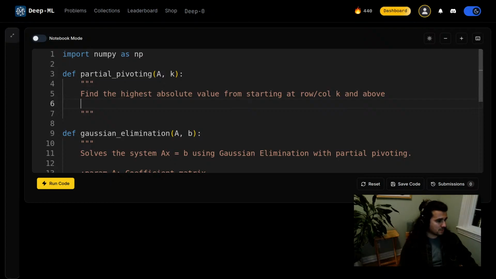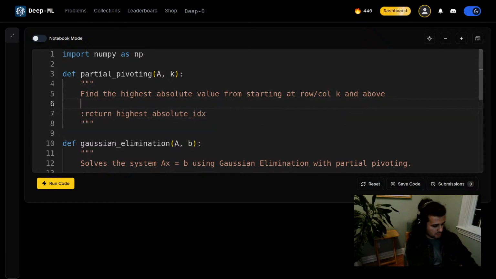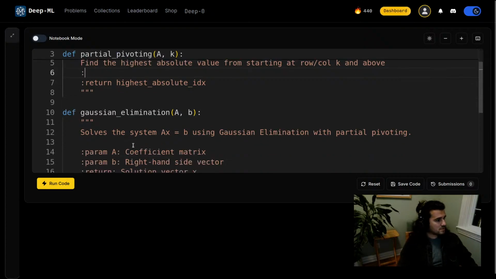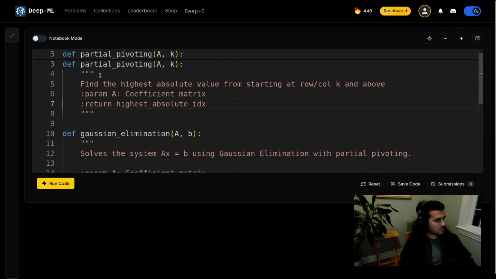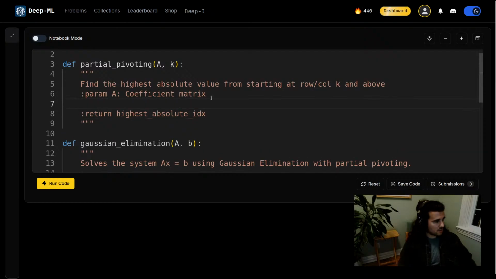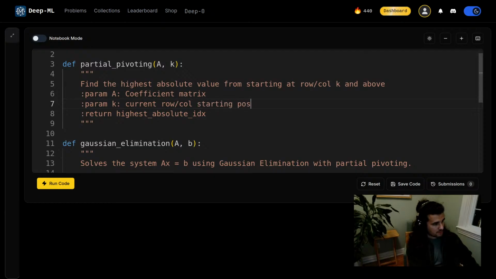It will return that index, so that's it. So we're gonna do return highest index. Yeah, that's pretty much it. And this is my coefficient matrix fully, and my param K, the current row slash column starting position,